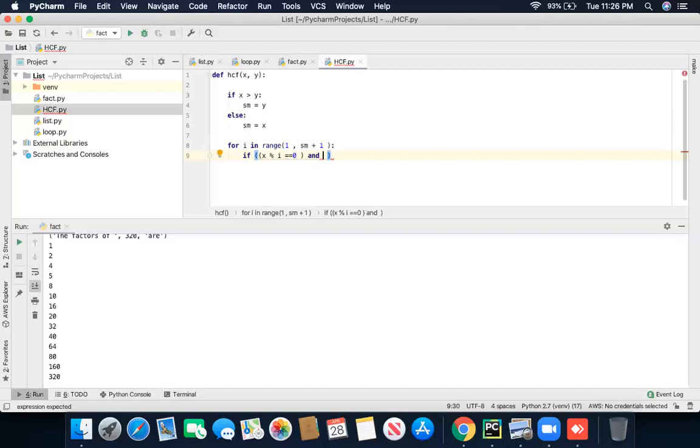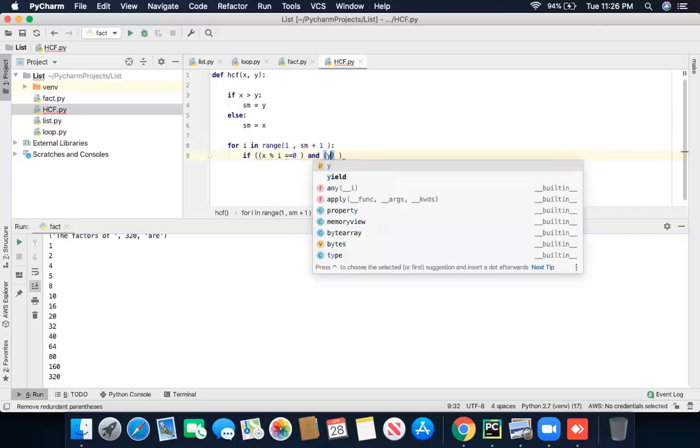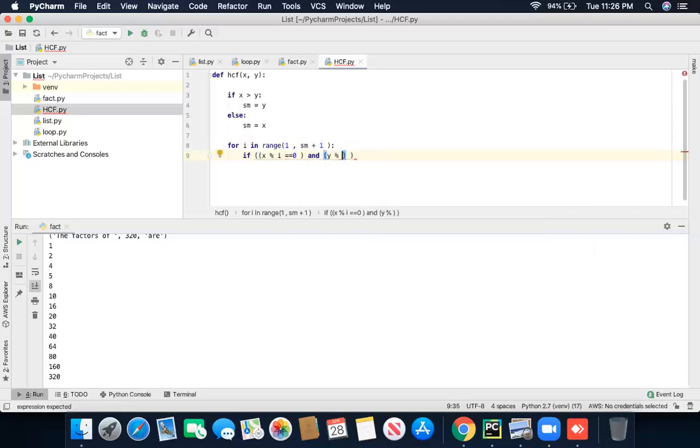Add and, again, we are going to use brackets, and y modulus i equals 0. Have you got it? One minute.